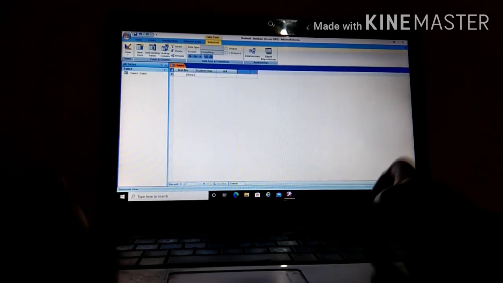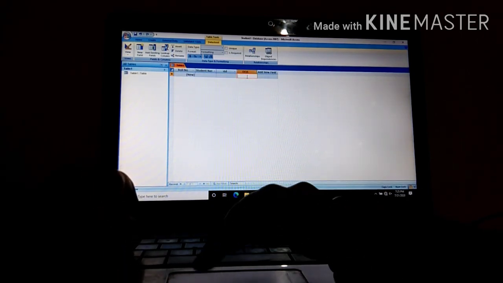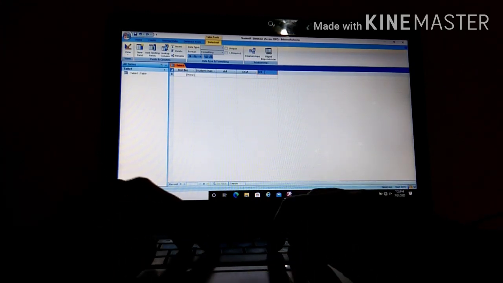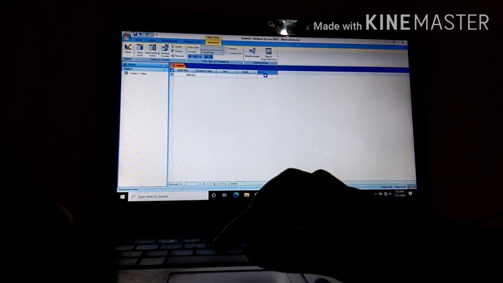You can use the capitals for that, date of admission, and again date of birth, DOB. If you want to add the address too, you can add it.